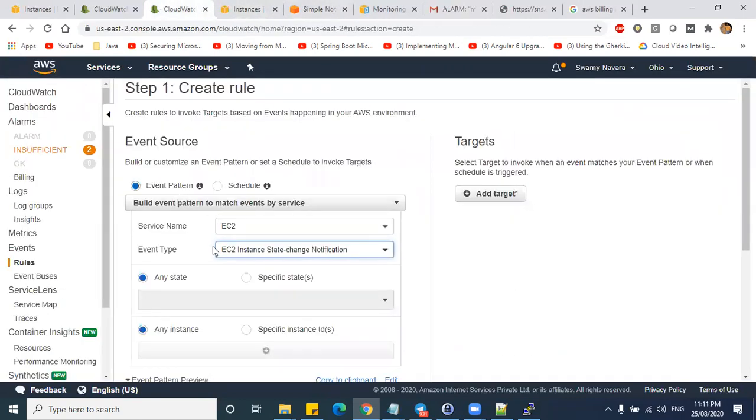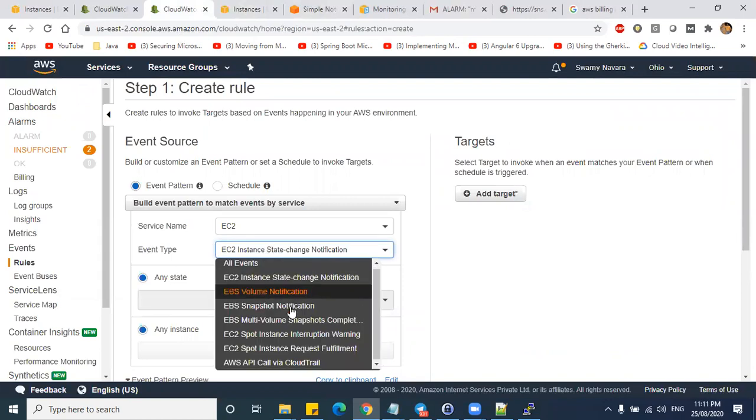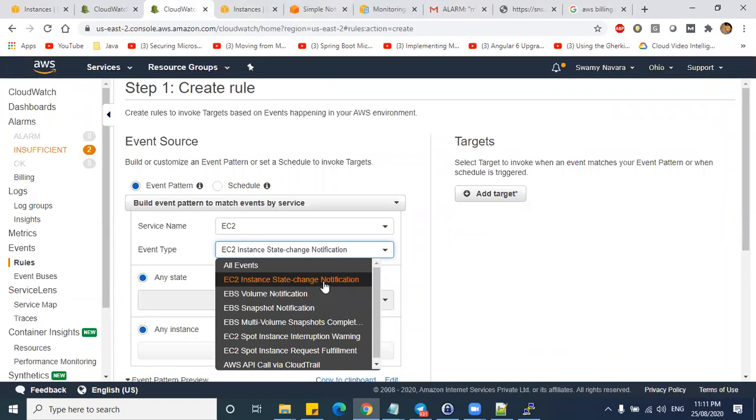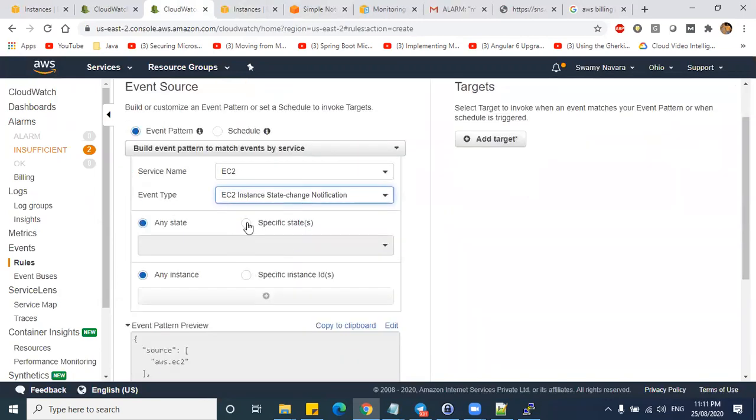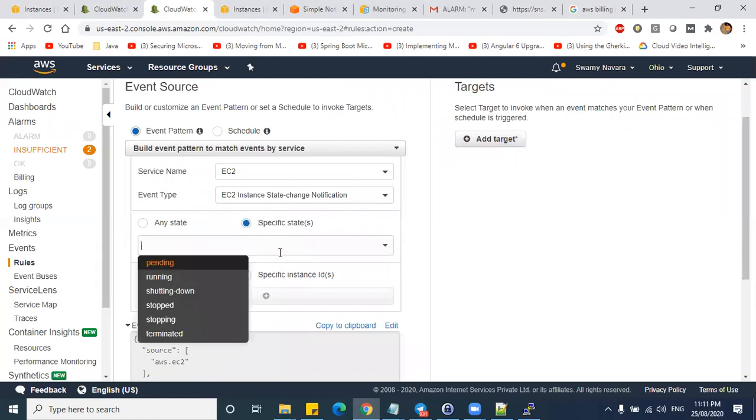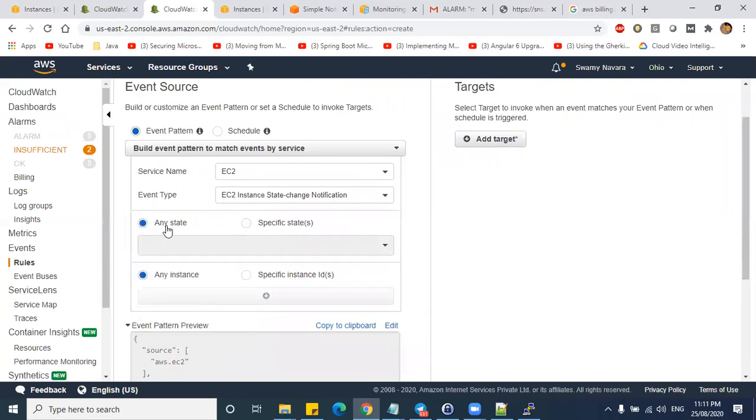Yeah, coming back to events. Under event types, you have different types of events under EC2. Either whenever the instance changes, and what are the changes for this instance? Either when it is stopped or running or terminated, you can select any one, or any state.